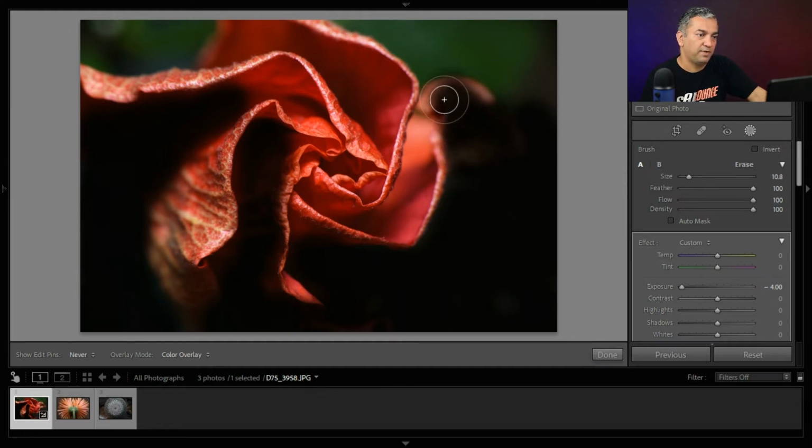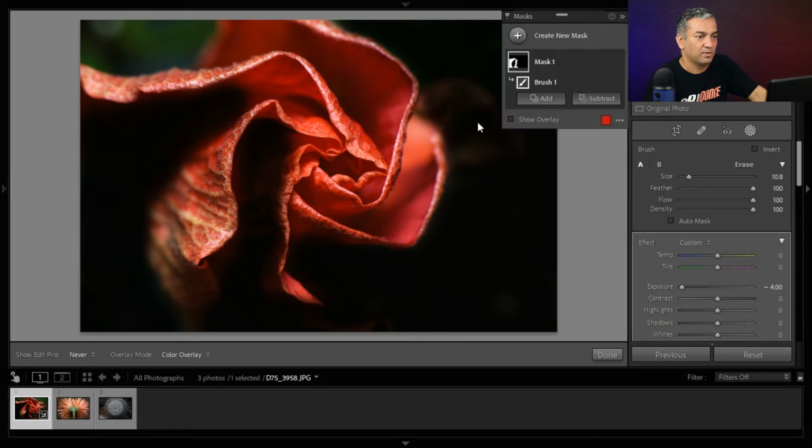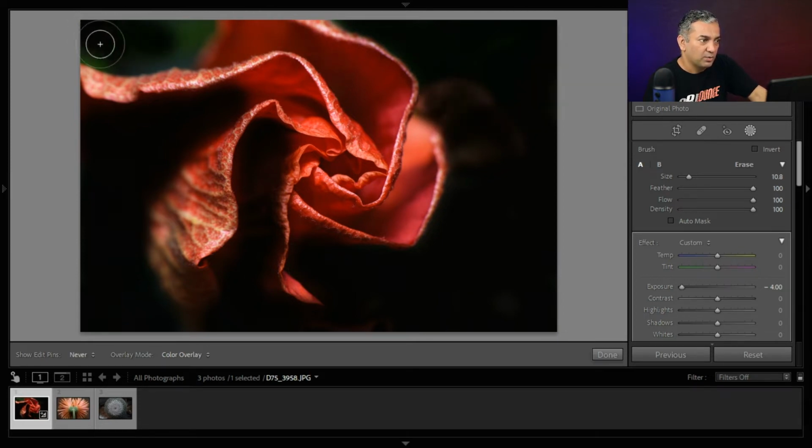So you can feel how it's improving, and I'll give a final touch also. I also don't like to see this green patch area.